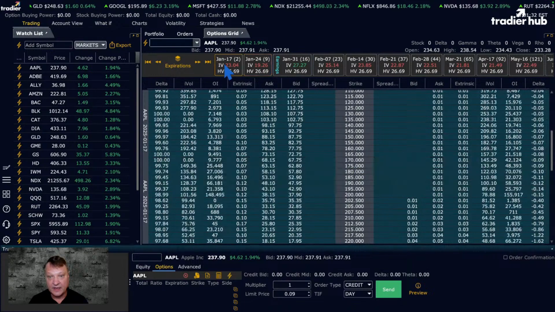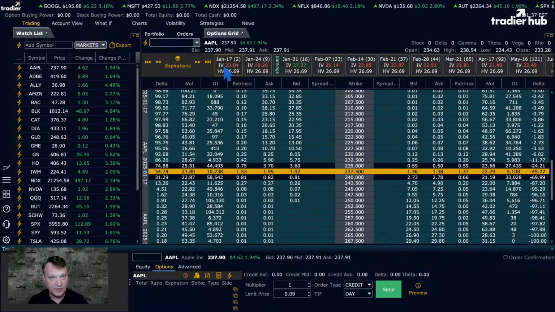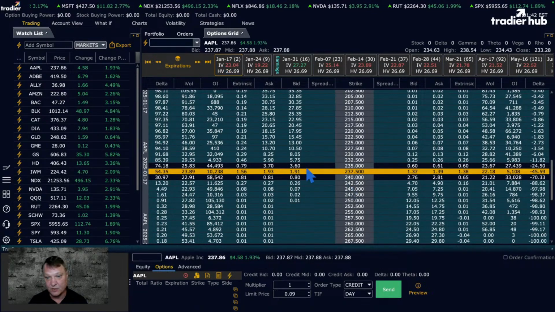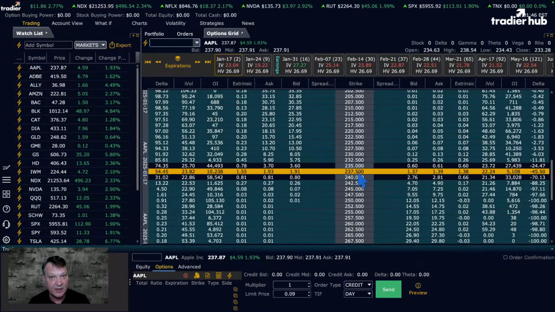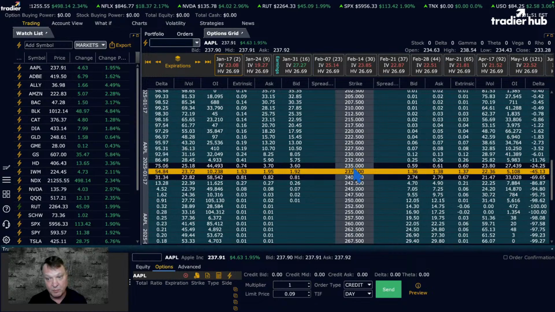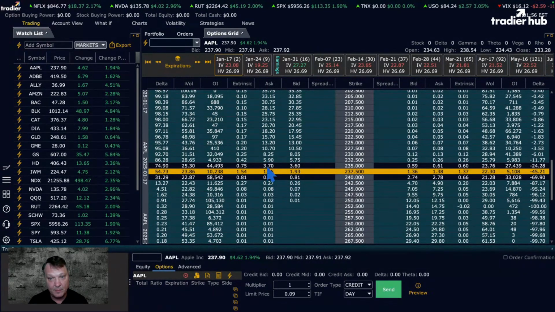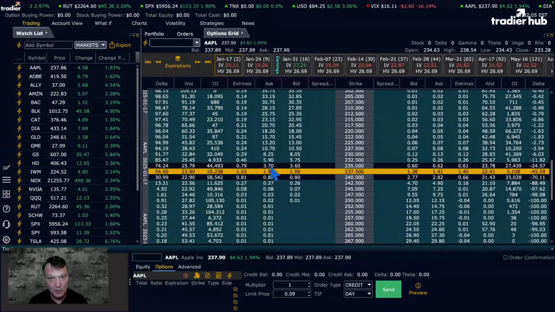All right. And here's what I'm talking about if you're not all over your option trading when the stock hits that strike. So let's say we didn't sell the $237.50 strike call. Let's say we sold the 235 strike call. It's only 2.5 points more in the money, right? Well, if we look at this, we are then paying $3.70 for that contract. All right, so now this is the one that we need to buy to close